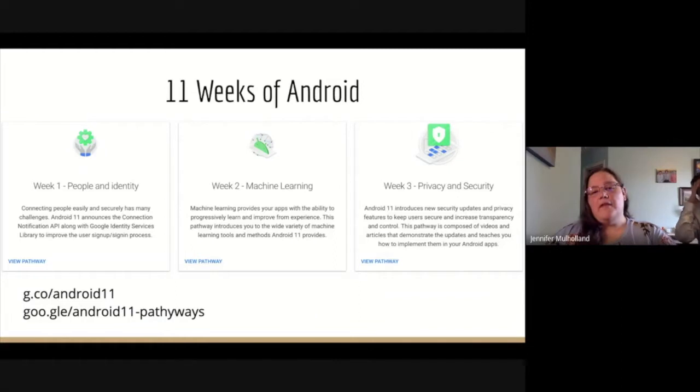So the 11 weeks of Android, they use a combination of videos, articles, and now, I can't remember the name of them, code labs for you to learn the information. So week 1, it was more videos and just one code lab, and then at the end they have a quiz for each week, so you can earn a badge,